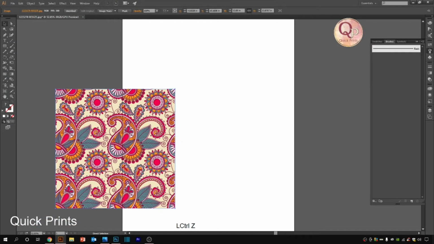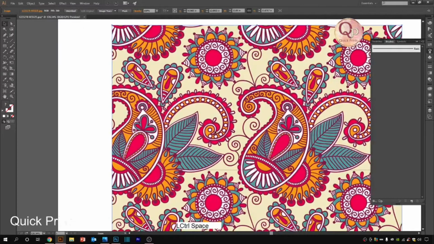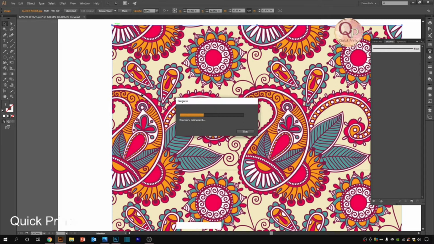So here is an image which we exported from Adobe Photoshop after cropping and resizing. Just select the image, go to Image Trace and choose 6 Color. There are options: 3 color, 6 color, 16 color, shades of gray, black and white, sketch art, silhouettes, line art, technical drawing. You can simply try on your own, depending on your requirement.